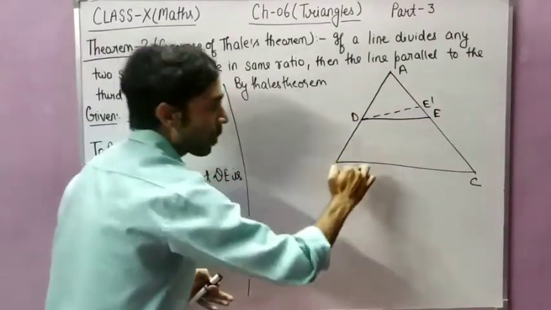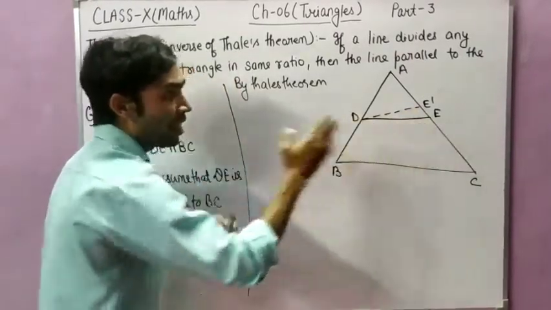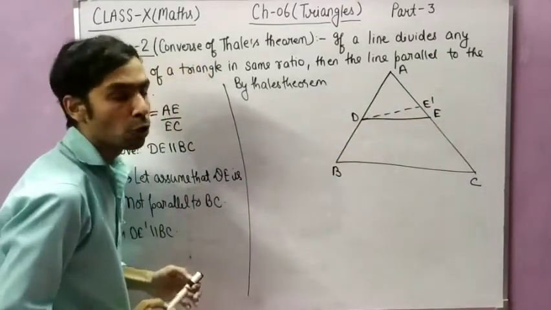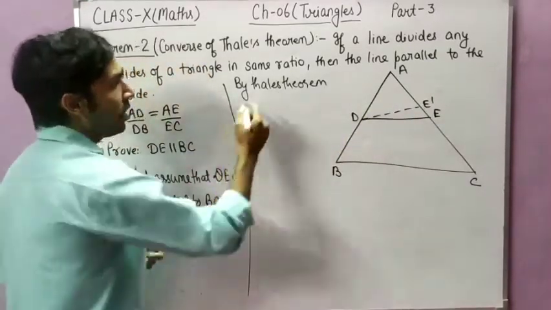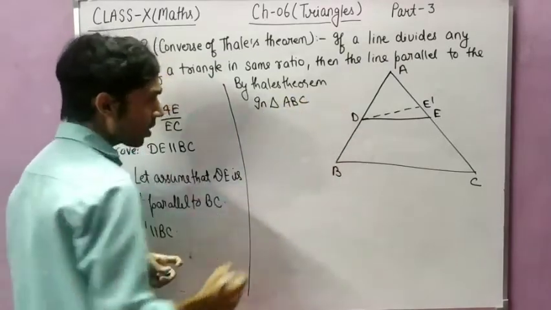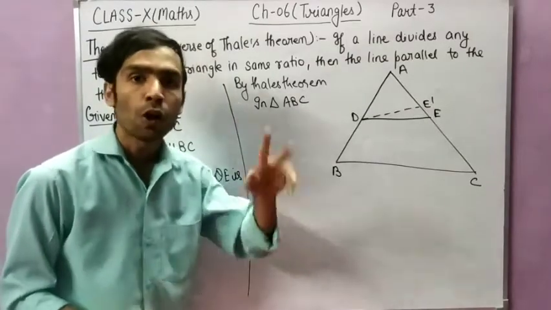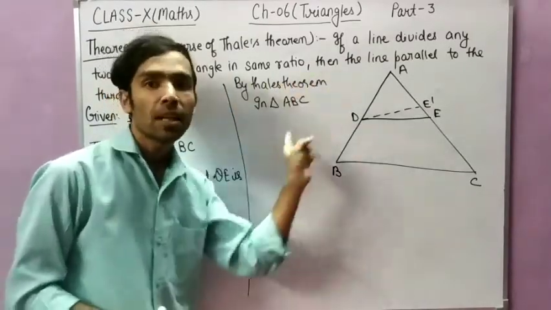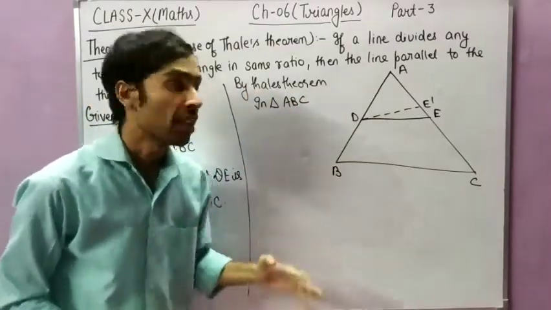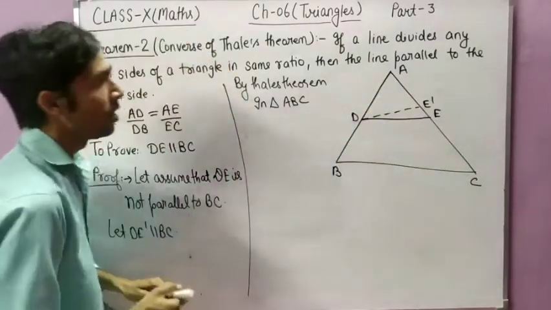Okay, DE dash is parallel to BC. So if DE dash is parallel to BC, then DE dash intersects AB and AC at D and E dash points. So by Thales theorem, in triangle ABC, Thales theorem क्या कहता है, अगर कोई लाइन ट्रायंगल के किसी एक साइड के पैरेलल है और ट्रायंगल की बची हुई दोनों साइड को अलग अलग पॉइंट पे कट कर रही है, तो वो बची हुई साइड को सेम रेशियो में डिवाइड करेगी. मींस AD अपॉन DB विल बी इक्वल टू AE डैश अपॉन EC, E dash C.